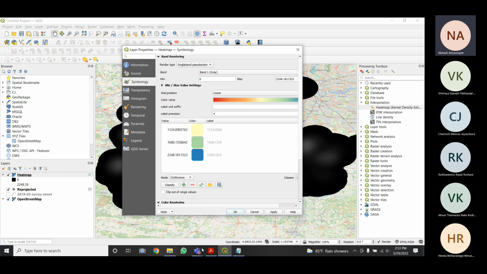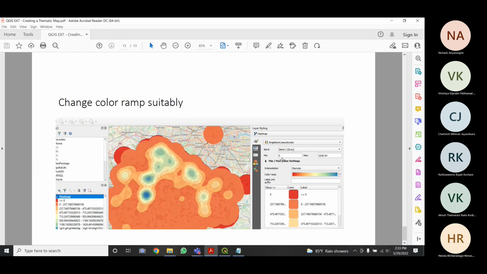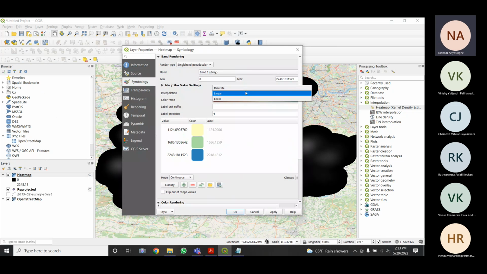So you have to change the color ramp suitably. You can select the interpolation as discrete.